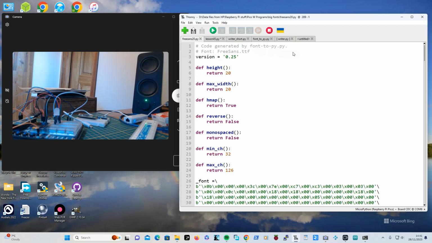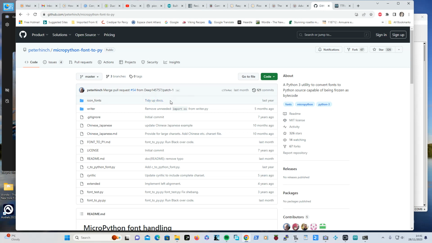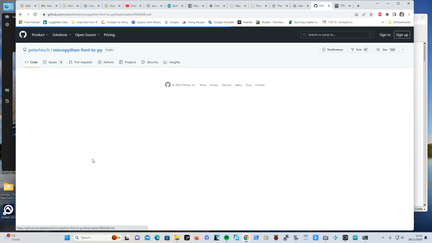So I thought I would do a search for that, and I did a Google search, and I found that it had been written by a chap called Peter Hinch. There's a picture of him, and he's jolly clever. I've seen him, I can't remember what I might have seen that he did before, but anyway, he wrote this font.py. So if we look at the README,